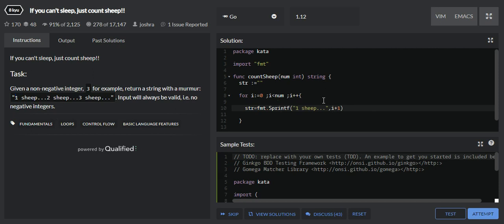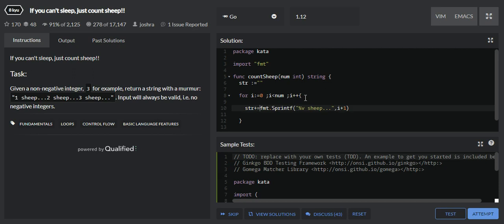Now here I can have %v, so that whatever value is passed after the comma will be replaced at the place of %v. Now this string is generating as 1 sheep, 2 sheep, 3 sheep, but we want this entire thing to be concatenated. So in order to concatenate into a string, we can use plus equal to.